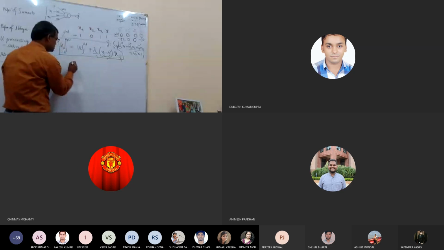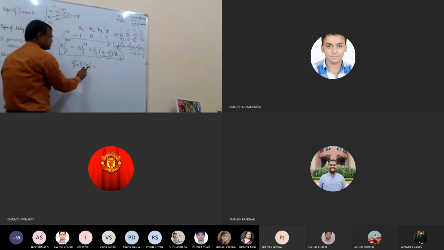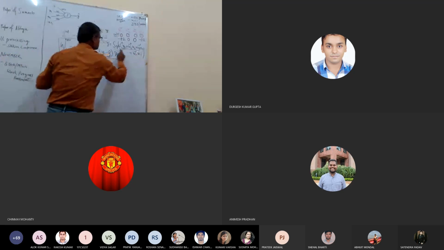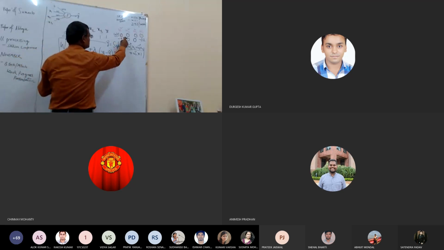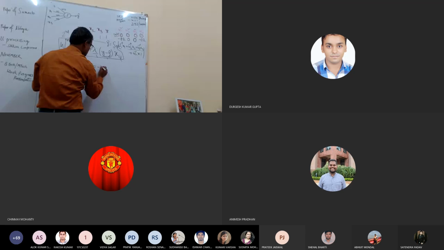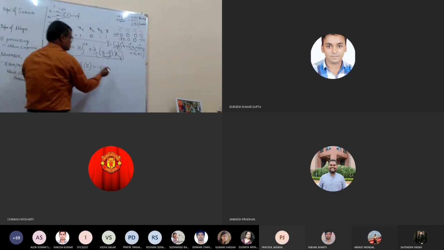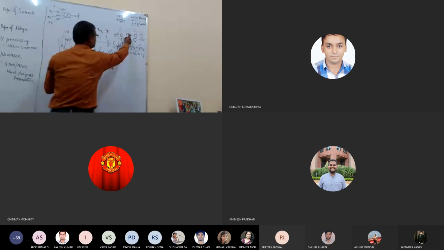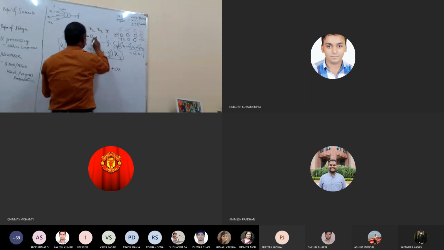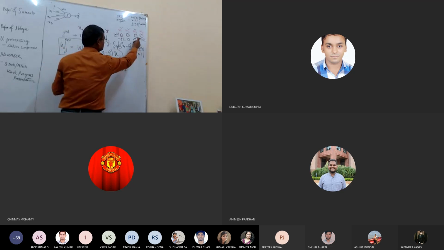Y cap formula, as I said a few minutes before, Y cap equals sign of Z. Sign of Z is nothing but this part. W1 is -0.2, so -0.2 into x1. The value of x1 is 1, plus W2. W2 is 0, so this is 0, plus x3 into W3.